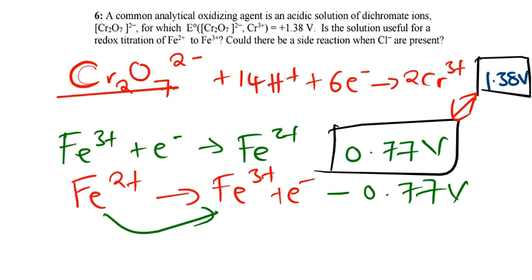And this is the reaction that will happen on the anode. So by observing the reduction potentials, you're able to see the one with a smaller value can be oxidized. So that's what you look at. So could there be a side reaction when chloride ions are present in that reaction? What do you think there? If I was to give you the equation for the chloride ions,